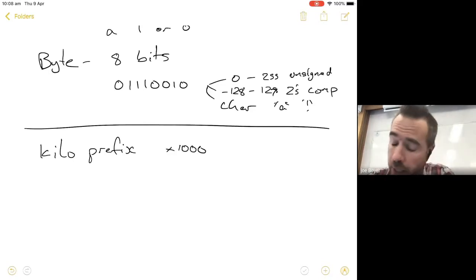Which is great. Although when the computer scientists were working out their systems, they looked at 1,000 and said, oh, it's not a power of 2, and we like to only deal with powers of 2. So let's make, in computer science, kilo